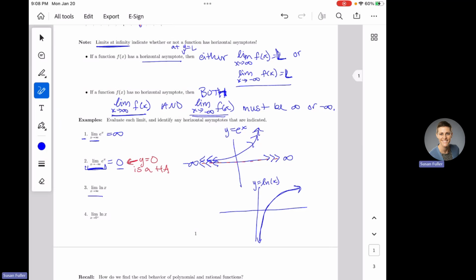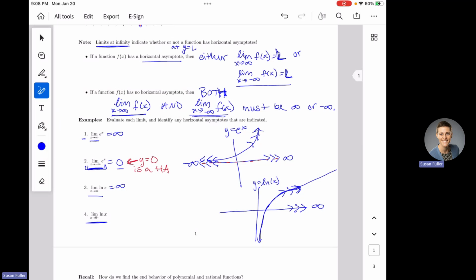So what's the limit as x approaches infinity of this function? Well, x equals infinity is way over here, so we're following this function to the right. As we follow this function to the right, where is it going? And I know this kind of looks like it levels off, but this actually never completely levels off. It keeps climbing and keeps climbing and keeps climbing. It just does it really, really slowly. So as x goes to infinity, where's y going? Yep, also to infinity.